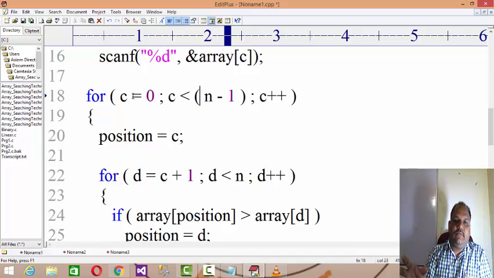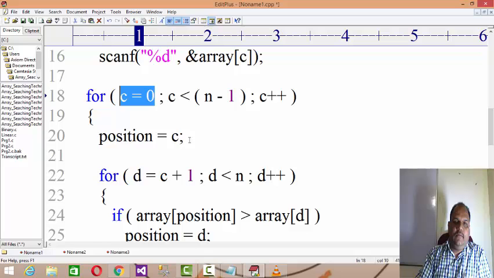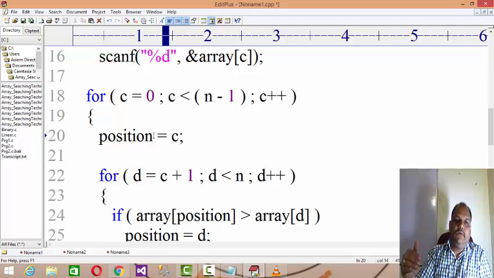If you have n elements, the total iterations required will be n minus 1, because you are performing sorting. Now you pick up a position equal to c, meaning your position is the 0th position. You have to filter out the lowest element and put it on that position, and whatever data is available in that position will be swapped with the position of the lowest element.